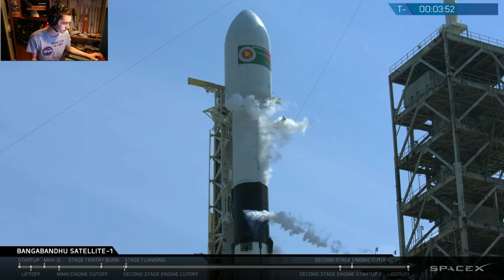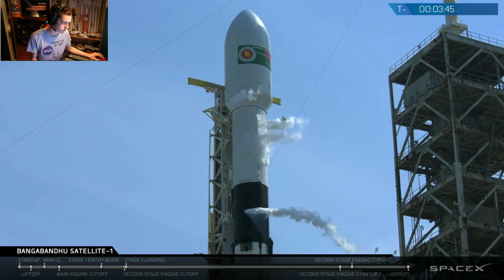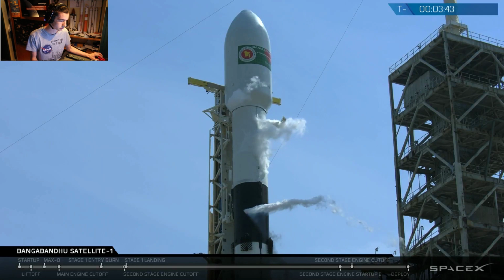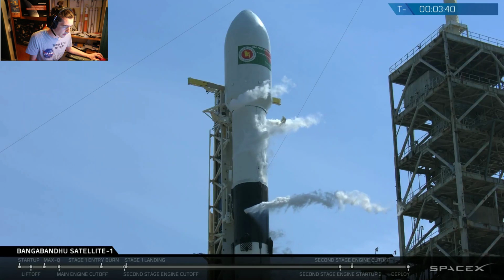And you can see the cradle is fully open. It is opening and has just finished opening on your screen there. The little arm is just beneath the fairing. One more interesting